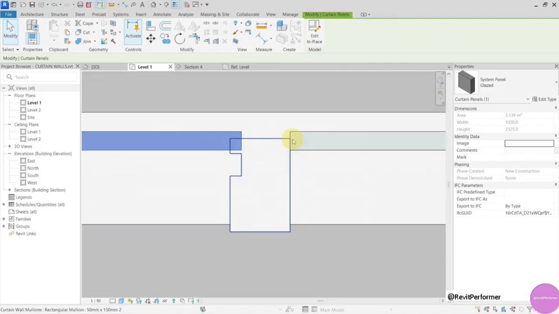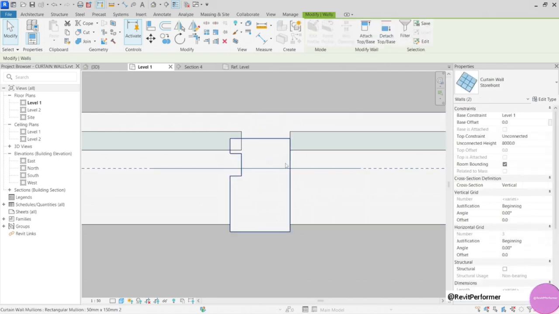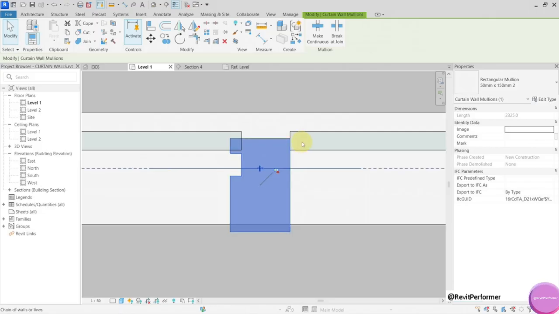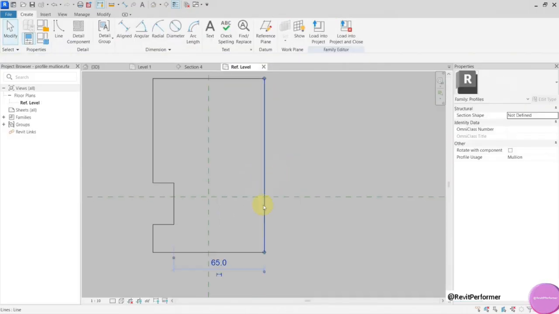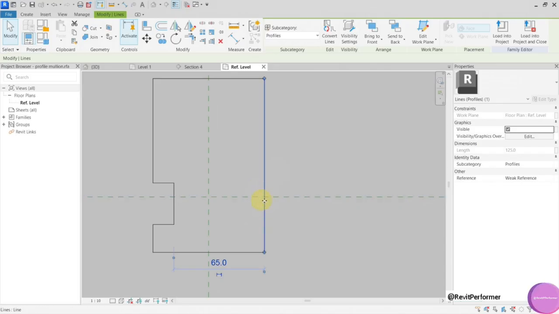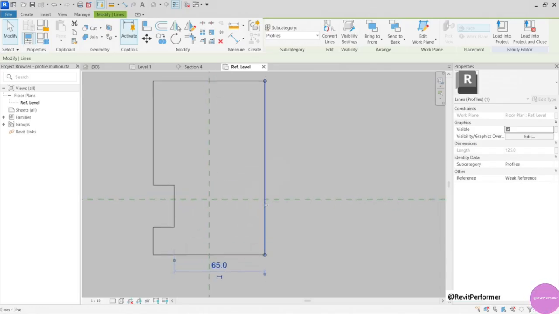And you can see that here it actually goes inside where I do not want it. The position of this, how far away it goes inside, is driven not by the geometry which is meeting the curtain wall panel, but by the intersection of this profile with this line. So this spot.